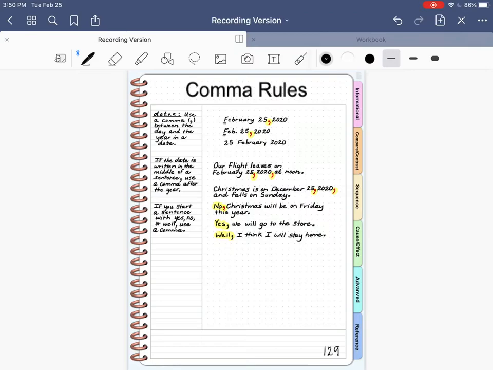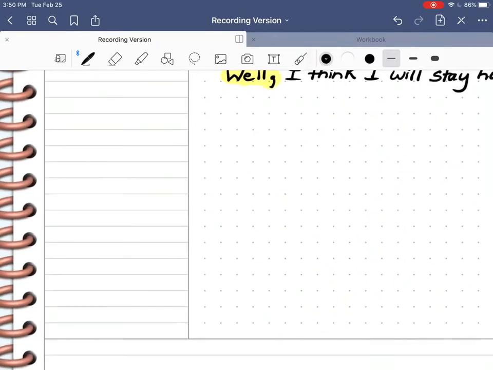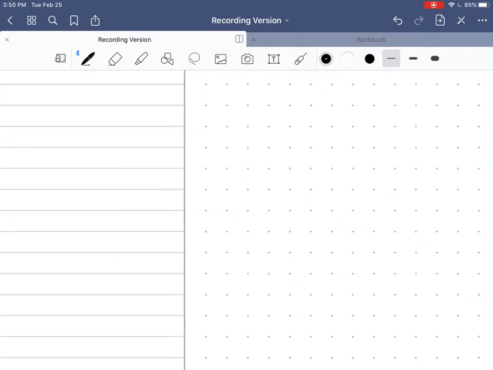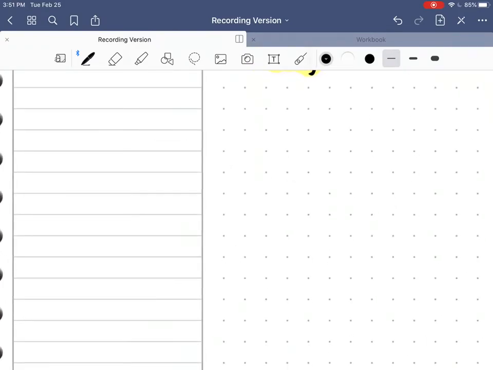I need you to please turn to page 129. This is where we are collecting rules about using commas. And I want to add a rule to page 129. So I'm going to zoom in here right under the last rule, and here is the rule I want you to know today. We want to use a comma